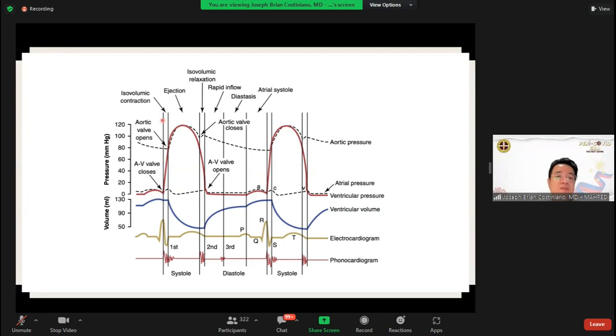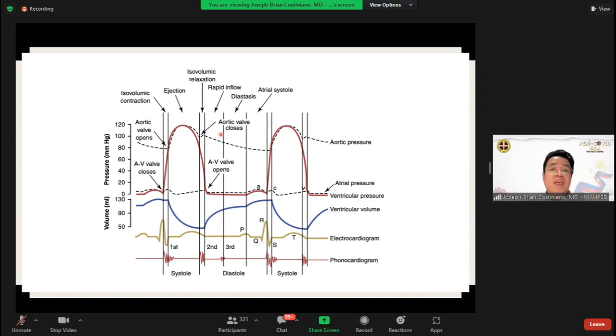That happens when you have closure of your AV valve. Okay, closure of your AV valve, di ba? Kasi nag-close na siya, so your QRS, your ventricle will need to pump in order to produce the ejection. Lalabas na yung blood from the ventricles going into the pulmonic and towards your aortic or your systemic circulation. Now, after ejection, then of course you will see na, no, your isovolumic relaxation, and that will mark your diastole.